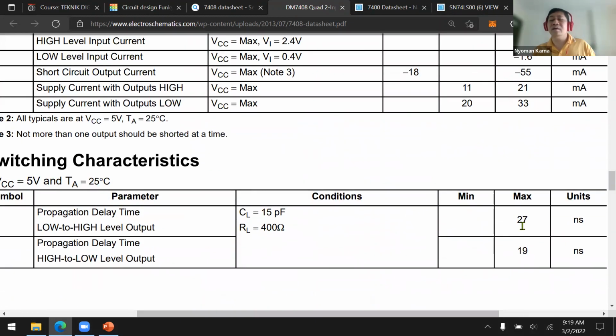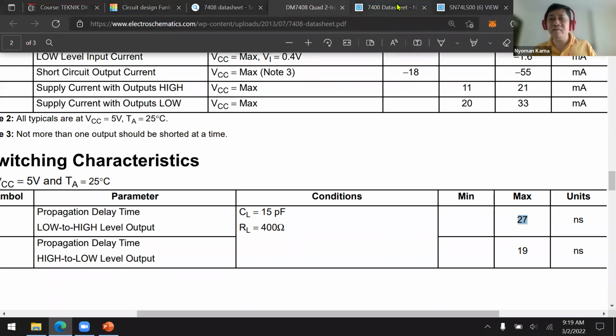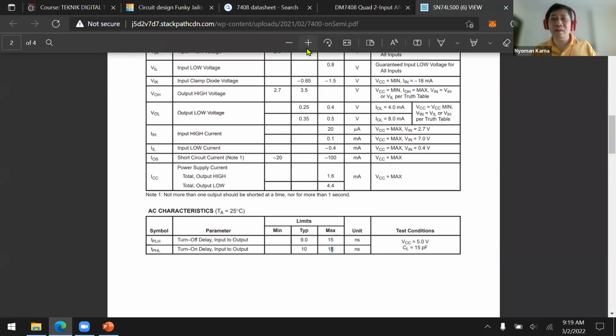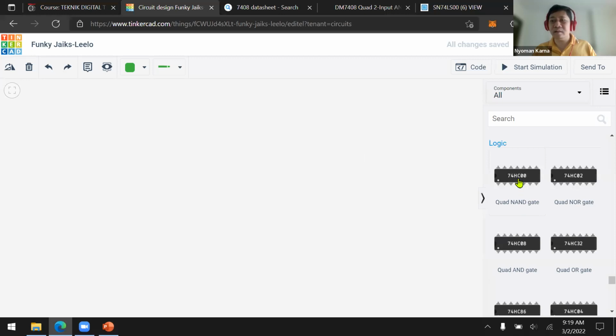It says that the switching speed for the AND gate is 27 nanoseconds. However, for the 7400, sorry, not this one, this one, the speed is only 15 nanoseconds. So this NAND gate is faster than the AND gate.